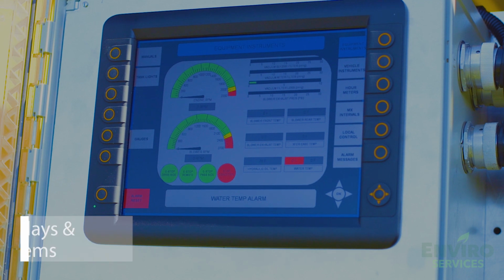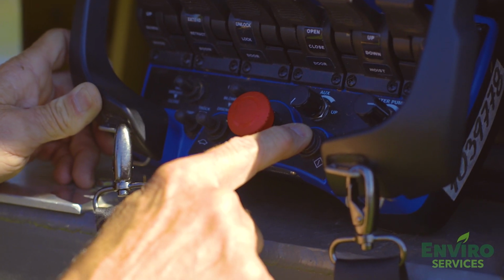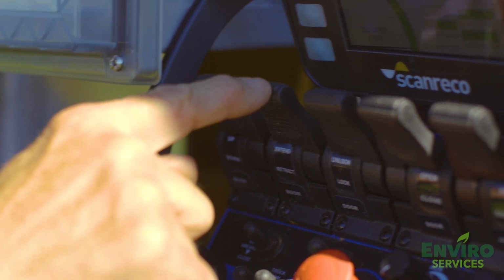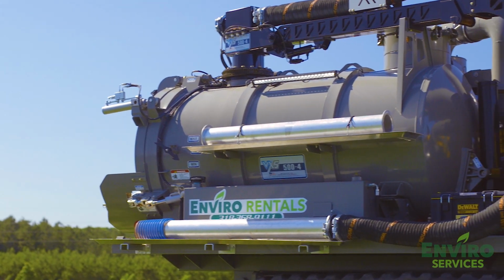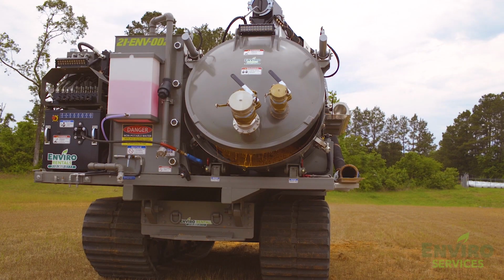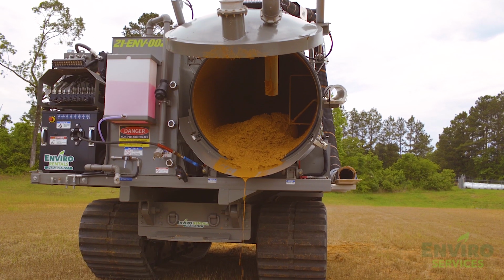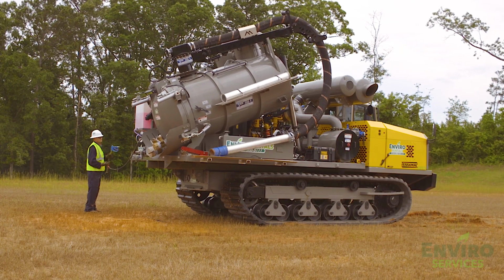The displays and control system gives an operator the capability, once the 12 and 24 volt system is energized, he can connect wirelessly to the belly pack. That functionality gives that operator capability to engage the blower unit, increase the high idle RPM on the power unit, raise and lower the boom, extend and contract the boom, rotate the boom left and right, unlock and lock the debris door, raise and lower the debris tank, and turn on the water pressure and maintain it throughout the operation